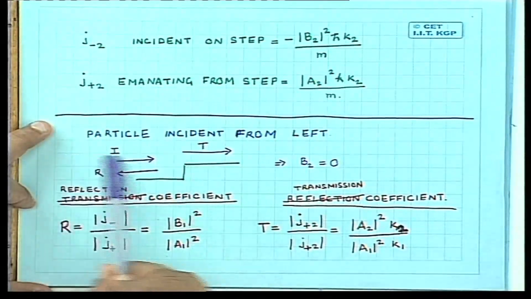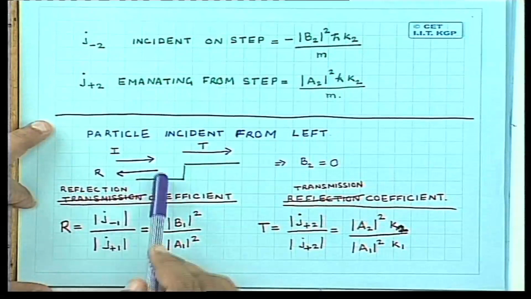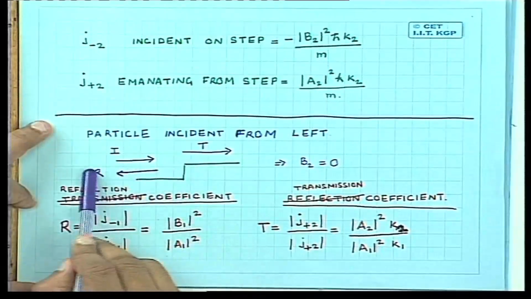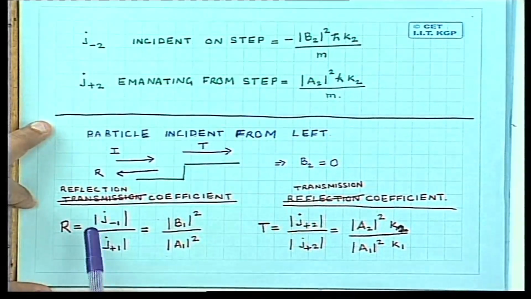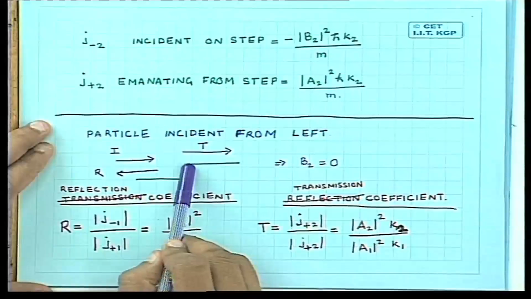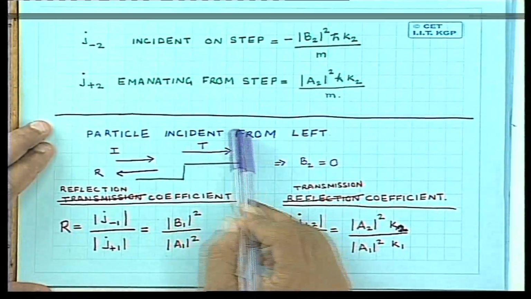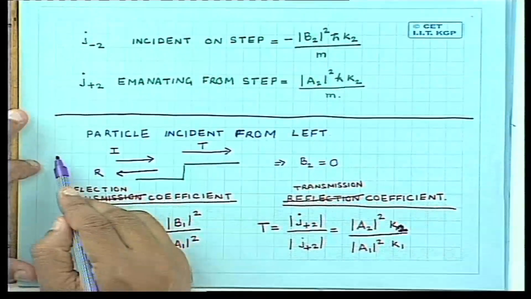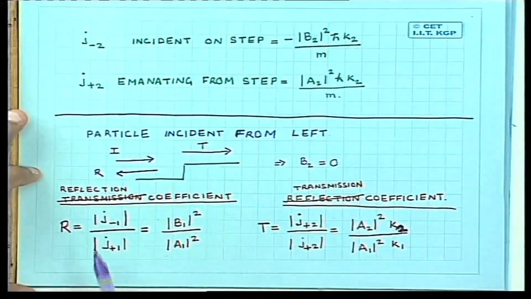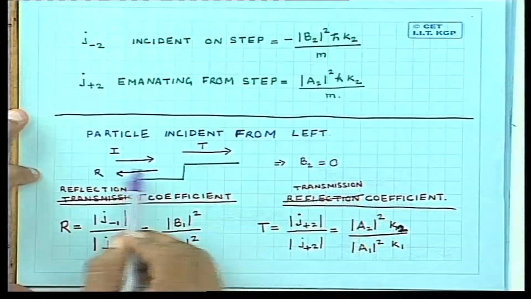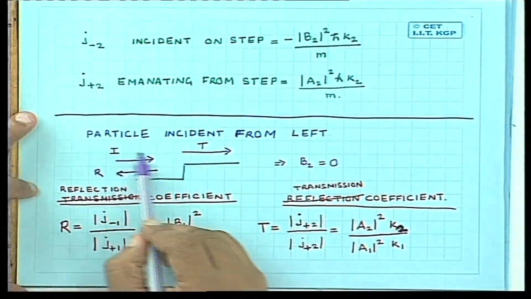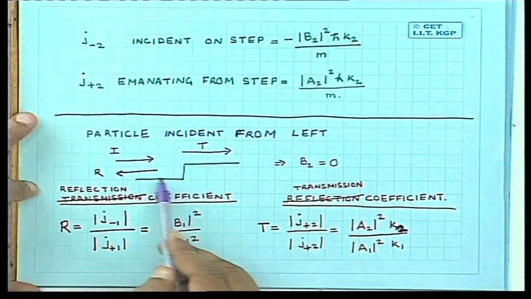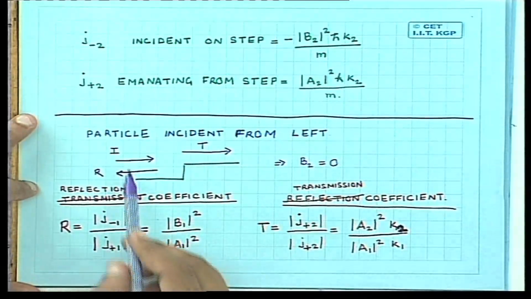a wave function corresponding to particles coming like this. And if you match the boundary conditions here, you will find that a part of the wave function corresponds to particles going this way, and part of it corresponds to this. So a wave function is incident on this, a part of the wave function gets reflected back, a part of the wave function is transmitted, which you can interpret like this: a particle is sent from here, and there is a finite probability that the particle will get reflected, and there is a probability that the particle will be transmitted.